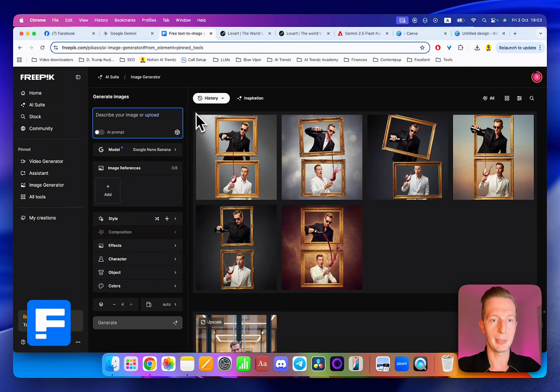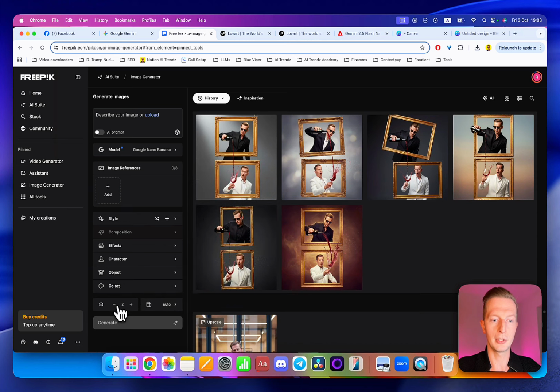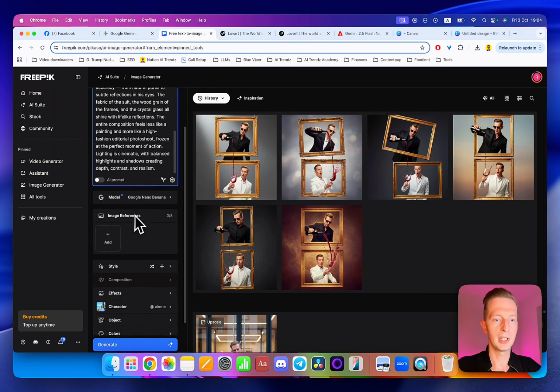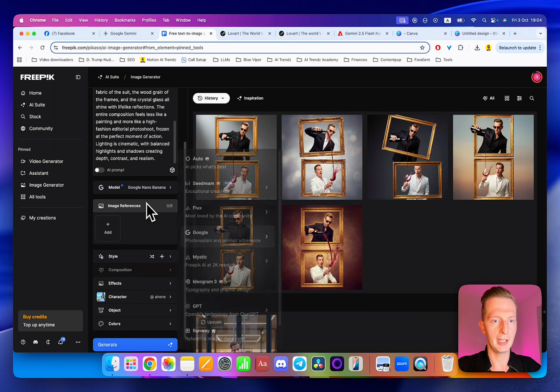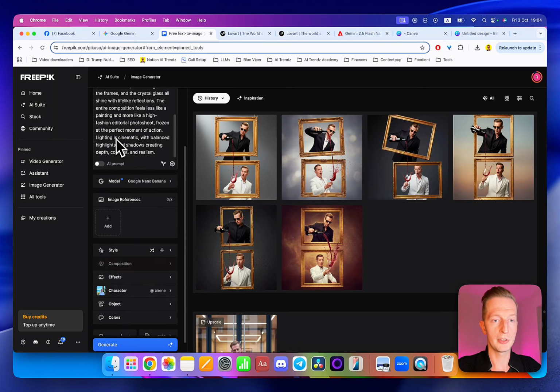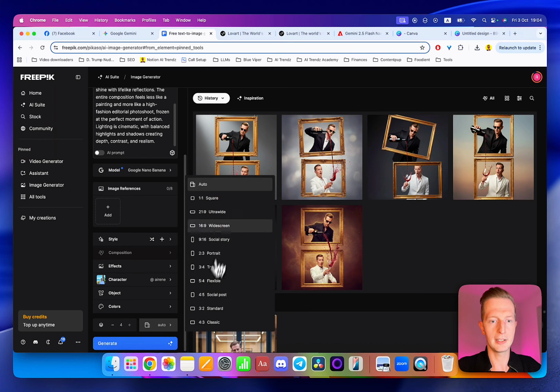So I also use FreePic to create images with Nano Banana. You can see it's here, and you can actually choose the size of the image that you want, and you can also generate several images. You can generate up to 4 images at once, like I did here. So all you have to do is copy the prompt. Let's say I'm gonna copy the one that I use here. I already cloned myself into FreePic, so here I just tag AI Renee and write the prompt, choose Google Nano Banana under Google Tools, and you can also add image references, style, but I always just upload the prompt, choose the trained images of me, which is here. You can see the character,